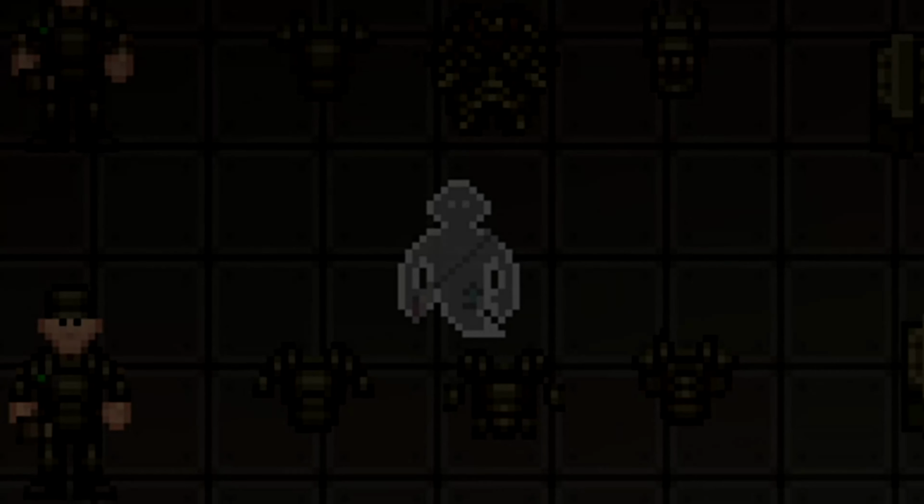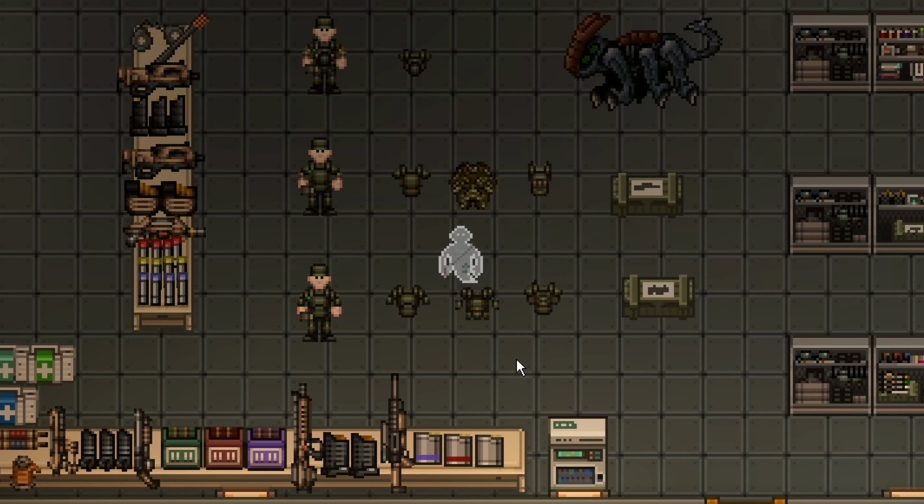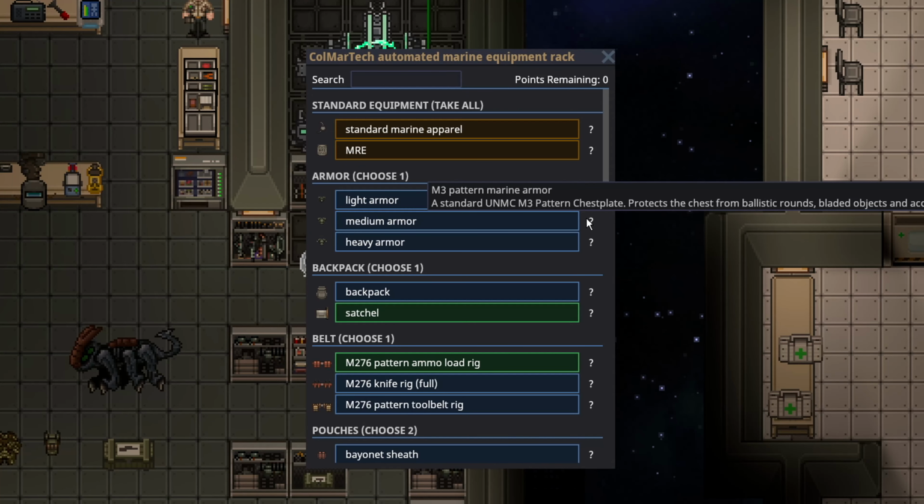In RMC14, there are several armor choices for Marines, and some Marines get more options than others. But anyways, I'm just going to very quickly explain them without getting too nitty-gritty with numbers, because you can't really see these numbers in-game, but you still probably are curious about what certain armors actually do and why you would want to use them. The Rifleman for free can get the M3L Pattern Light Armor, the M3 Pattern Marine Armor,